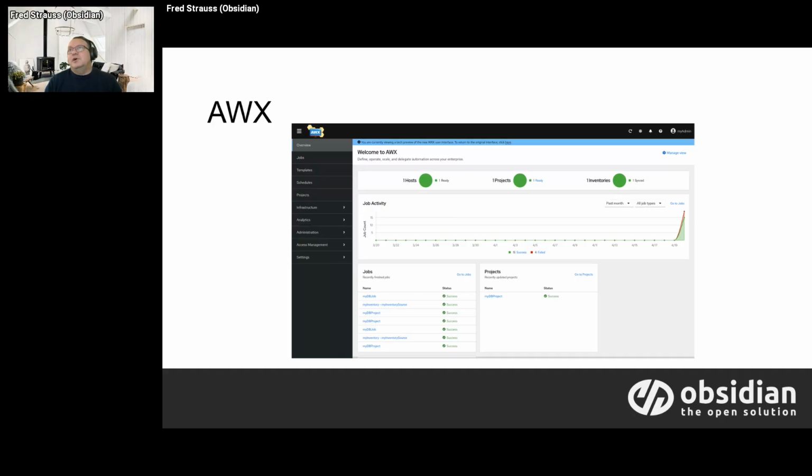The other nice thing about AWX is that you can schedule playbooks to run at regular intervals. So whether it's daily, weekly, hourly, monthly, whatever the case is. We have some playbooks that run internally for ourselves monthly that perform some of the tasks that we need to do monthly. So yeah, very nice tool to automate Ansible and work with it in a more visual way if command line interface is not your thing.